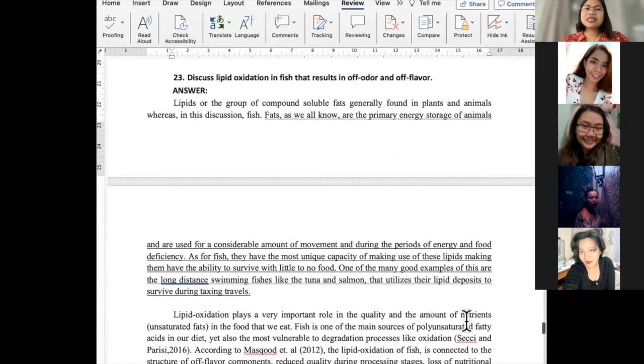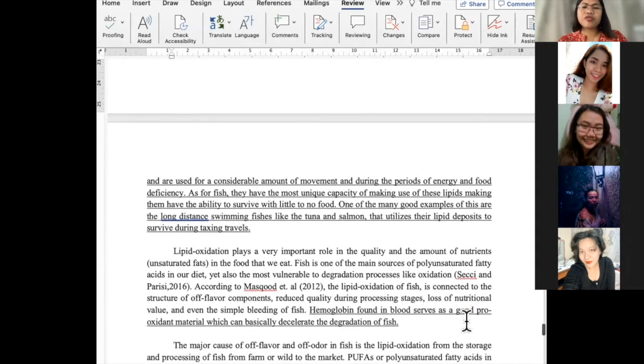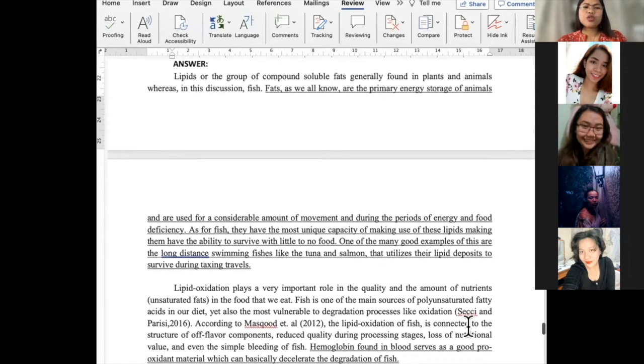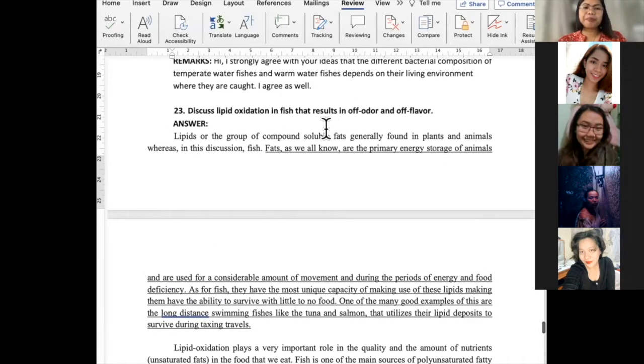Next, discuss lipid oxidation in fish that results in off odor and off flavor. Lipids are a group of compounds, soluble fats generally found in plants and animals, in this discussion, fish. Fats, as we all know, are the primary energy storage of animals and are used for a considerable amount of movement during periods of energy and food deficiency. So to answer this question,